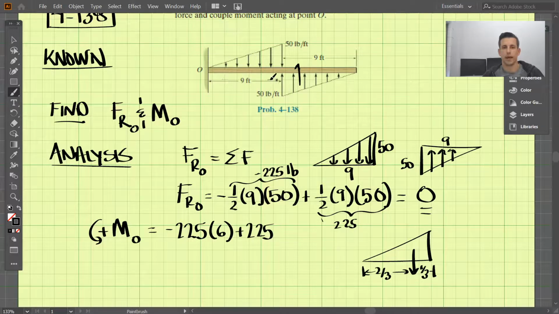So that's 9 plus 9 times 1/3, which is 12. And we figure out that the resultant moment about O is 1350